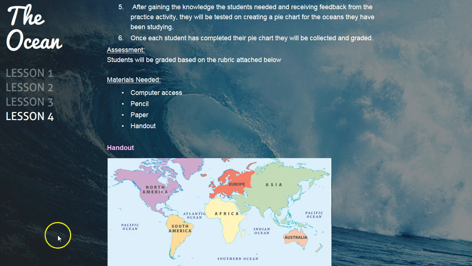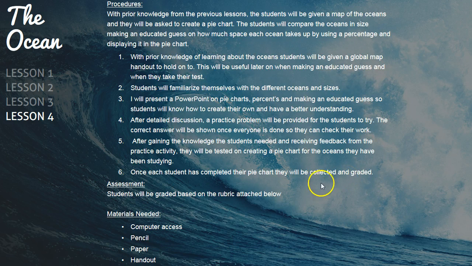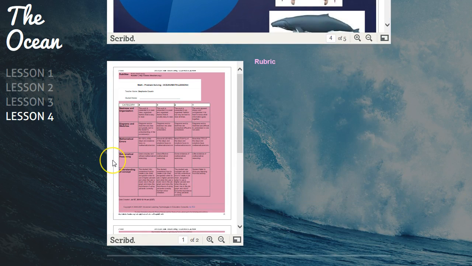They're also going to be given this map in the beginning to remind them of everything that they learned previously. After the practice problem, they'll have to create their own pie graph of all the oceans, and they should know the sizes, but they have to be able to show which is greater and which isn't. And I have a rubric because after they're done, I'm going to grade it, and